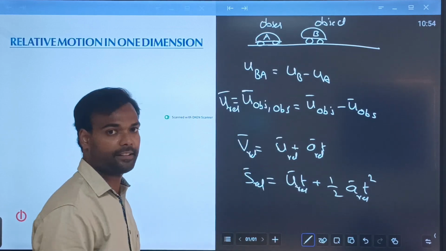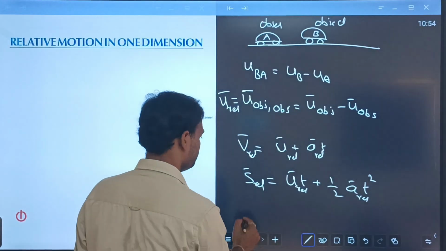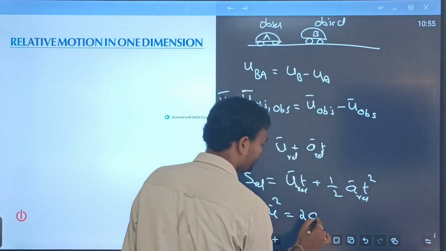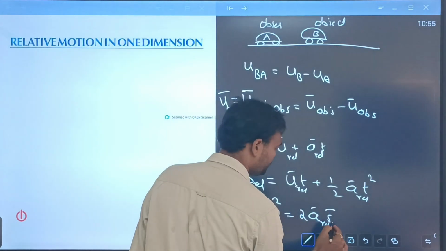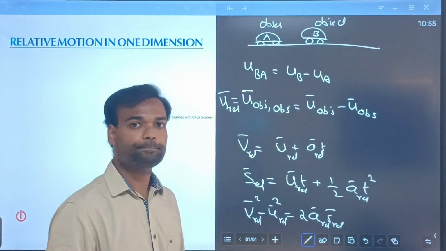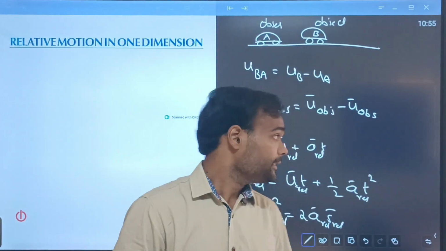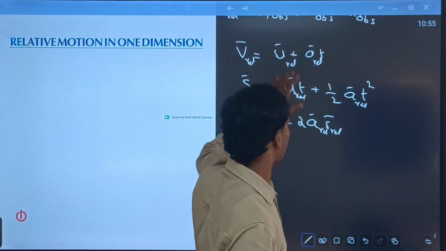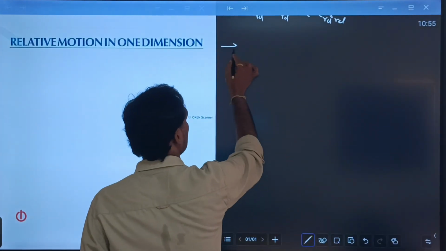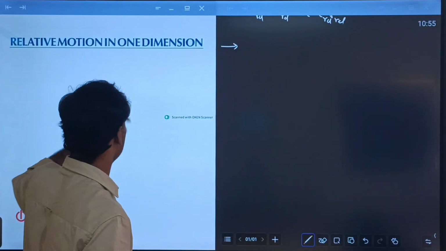You can also represent it like this. Right? And the next most important relation: v squared minus u squared is equal to 2 a s. Now this is the concept, and based on this concept, let us see some numericals, some basic and